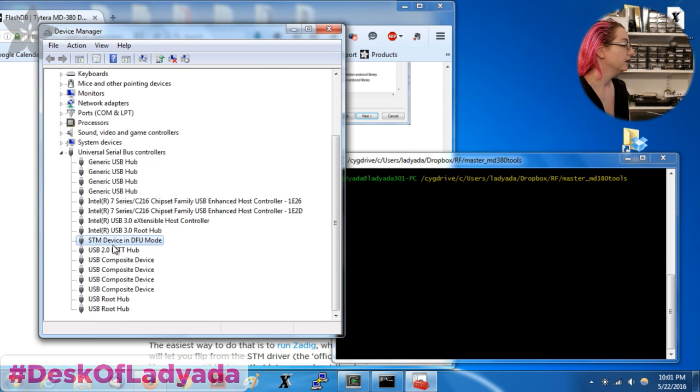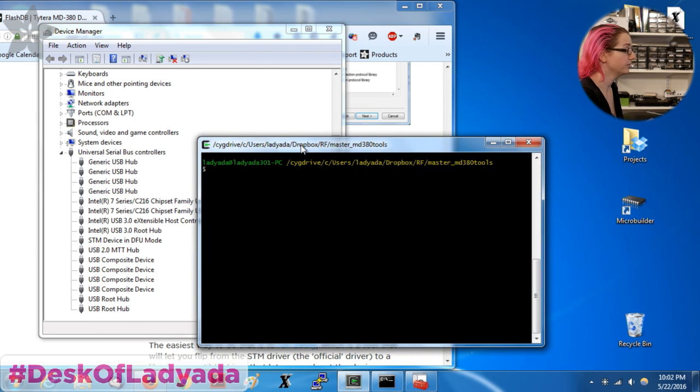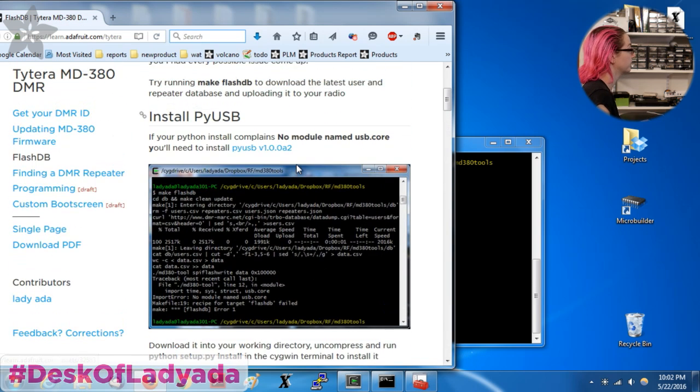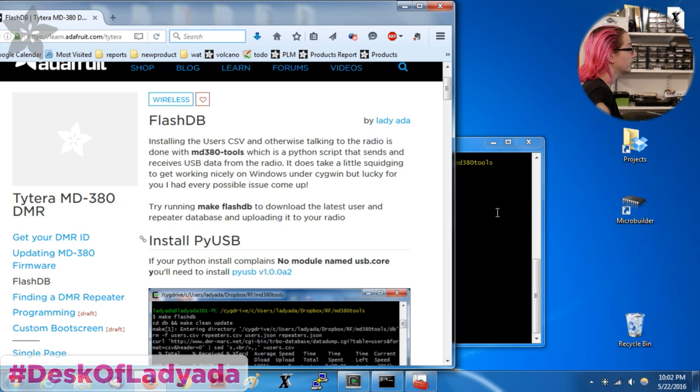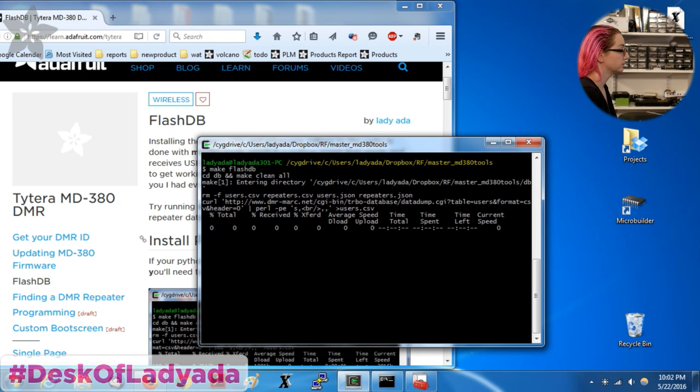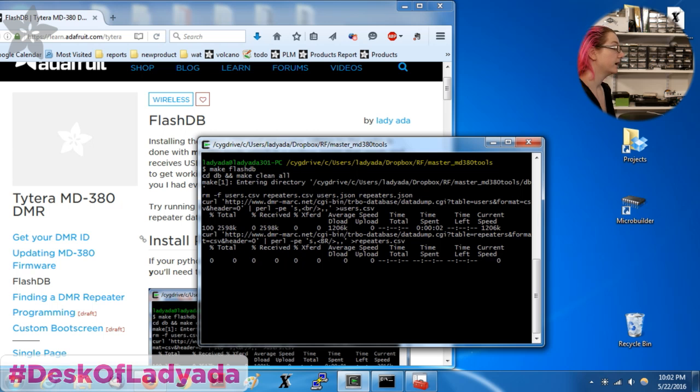Very handy. So let's go to Cygwin. If you remember from the last time, we did the compilation of the firmware. So now that that's done, let's flash it in, and I actually have a tutorial that I wrote, so I'm going to crib from my tutorial. You want to run make flash db. And this will